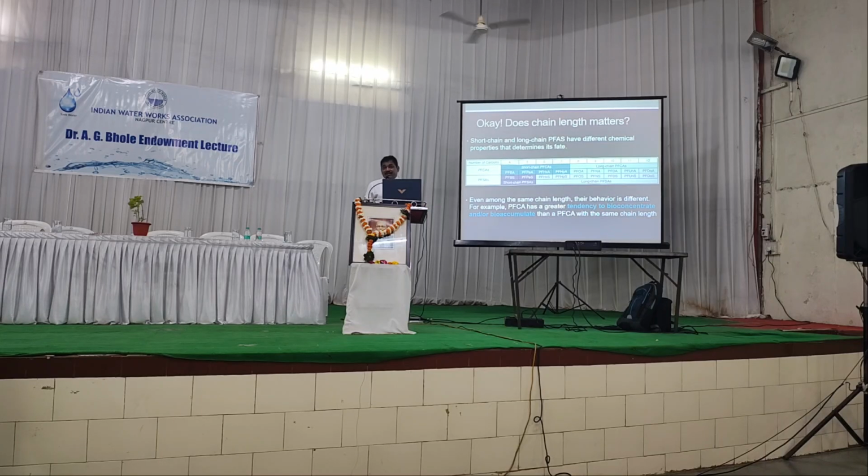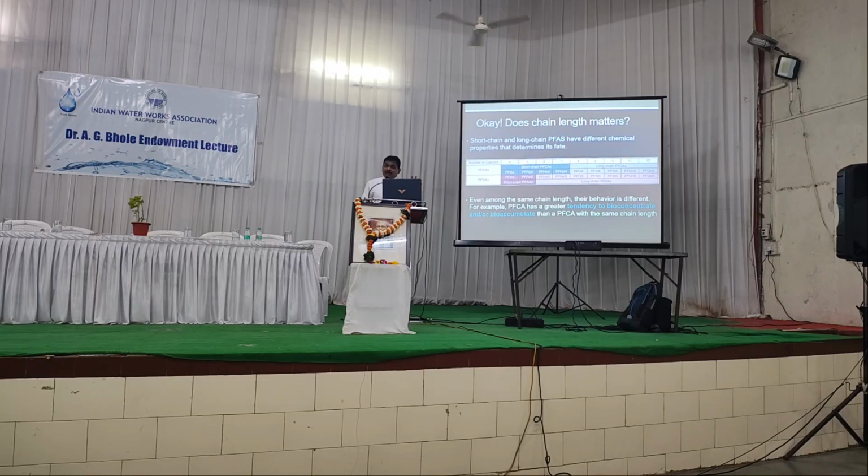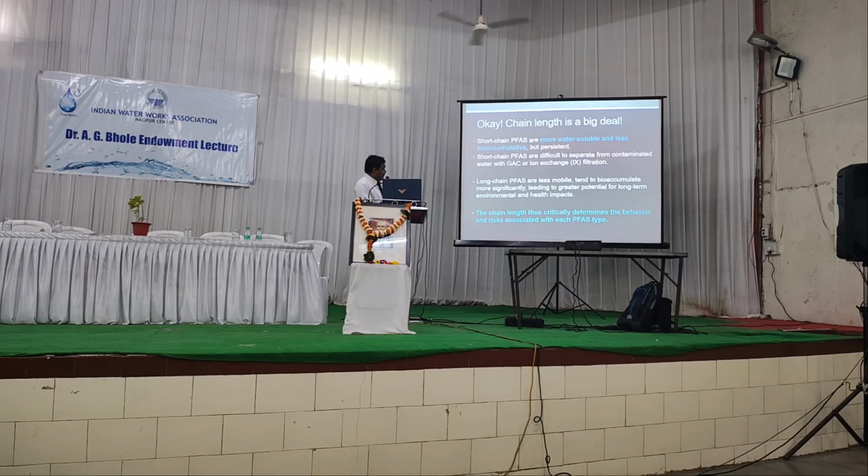It's very important. Chain length determines their persistence, how long they will be stable, and whether they will bioaccumulate, biomagnify, bioconcentrate, persist or degrade. It depends on the chain length. Even among the same group, sulfonate and carboxylate, they have different tendencies to bioaccumulate. In summary, if you ask me for a general statement, these are hydrophobic and lipophilic compounds, period. So this is how the chain length affects them.